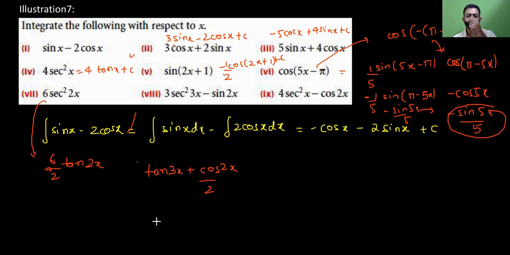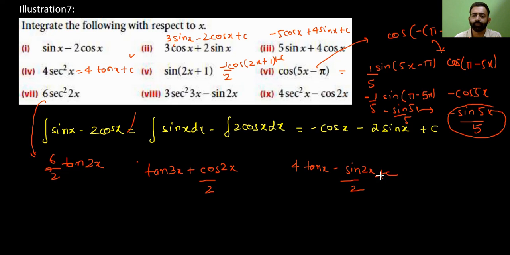Okay, sine ax plus b, here b is 0 and the value of a is 2. So the integral of sine 2x is minus of cos 2x over 2, and that minus and minus will become plus. So plus cos 2x over 2. Right. Similarly, ninth part you can write this as 4 tan x, minus cos integral is plus sine, so minus of sine 2x over 2